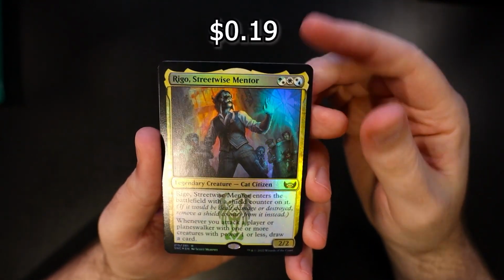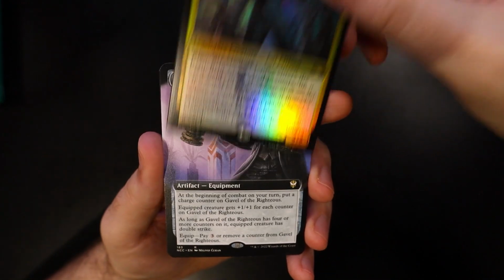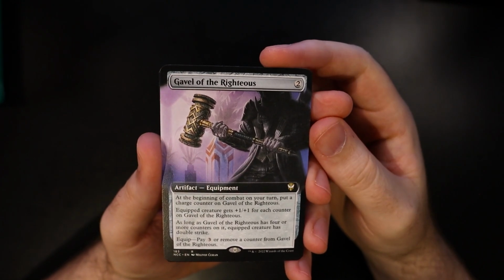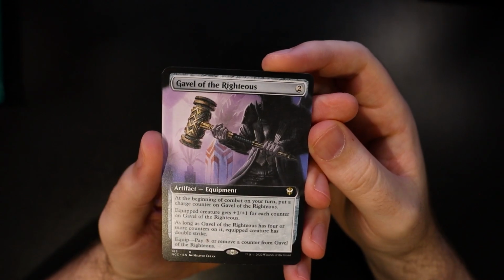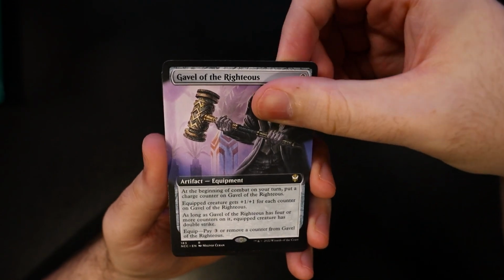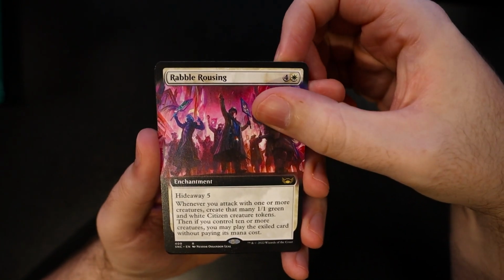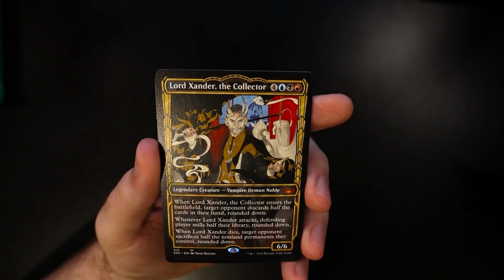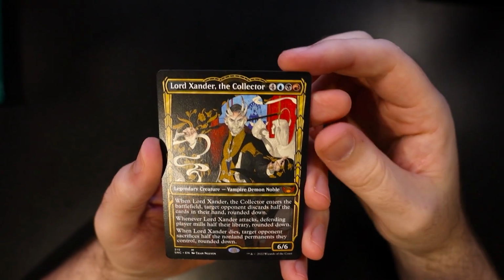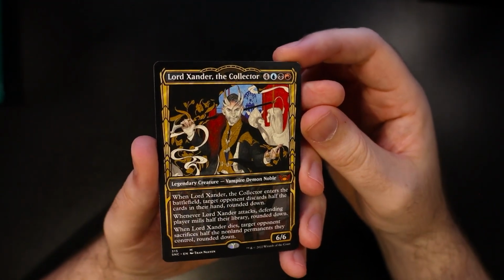We have a Rego, Streetwise Mentor. Main things that we're looking out for is the tri-lands set. The lands in this set can be Gavel of the Righteous, Rabble Rousing, Lord Xander the Collector. I think that one's a decent hit there actually. Vampire Demon Noble, non-foil,